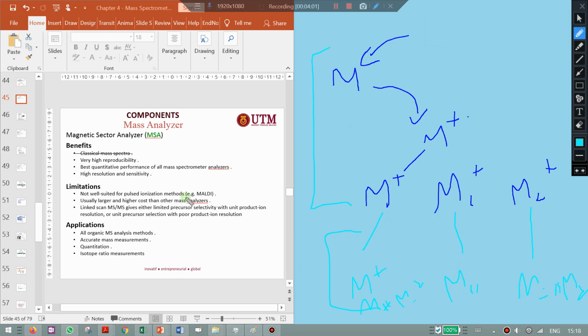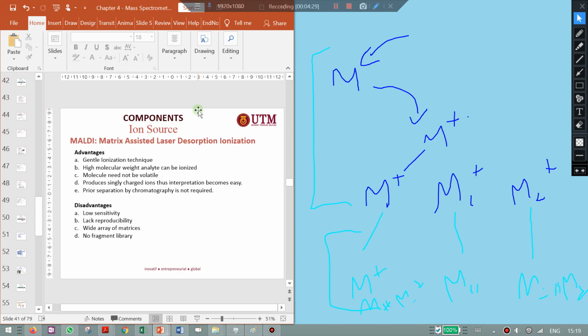Okay, berbalik kepada the magnetic sector analyzer, why the MS/MS cannot be done, atau is not really suitable using the magnetic sector. Because why? Because let's say for example, your analyzer already become the molecular ion or become the fragment ion. Okay, the fragment ion is okay. On the first analyzer, it can somehow deflect very good. Dia akan boleh,